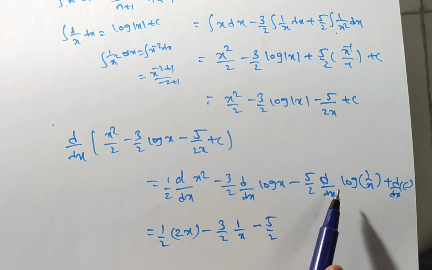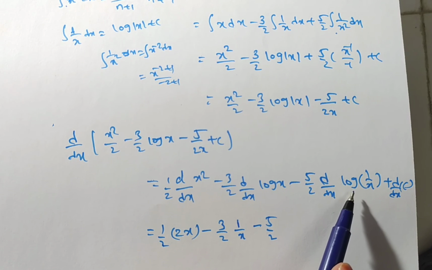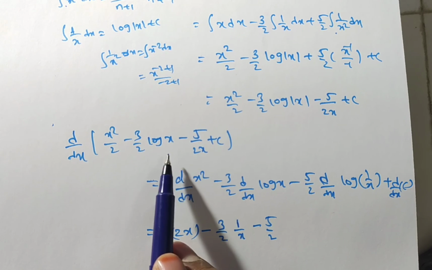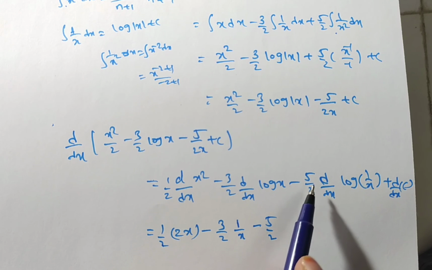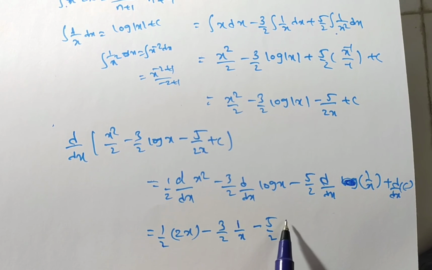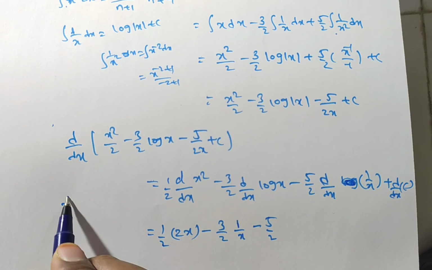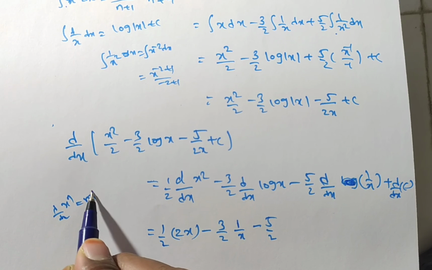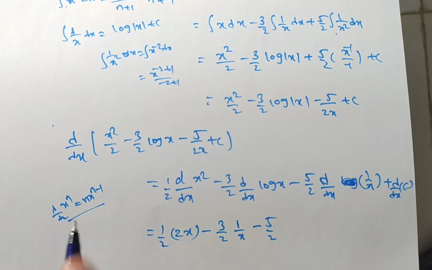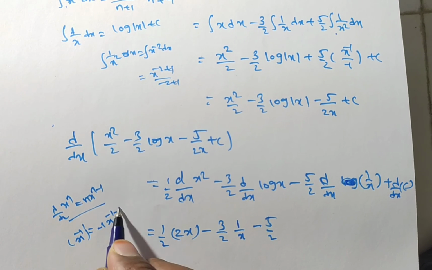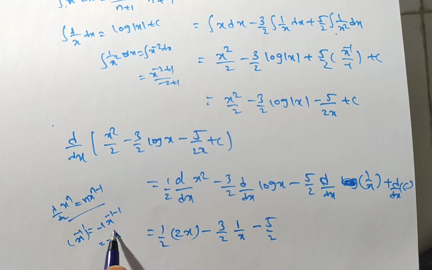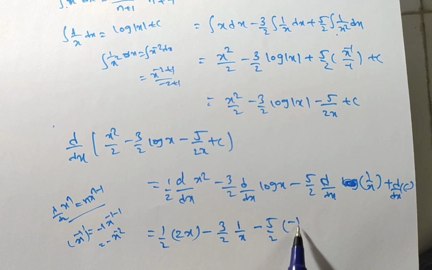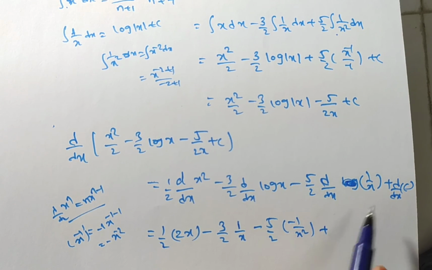Here, what is this actually? Actually this is only the derivative of 1 by x. For the derivative of x to the power of n, we have n into x power n minus 1. Yes or no? Now 1 by x I can write as x inverse. So x inverse derivative is minus 1 into x power minus 1 minus 1, nothing but minus of x power minus 2, nothing but minus 1 by x square. Plus the constant derivative. This is a constant c. Constant derivative is what? 0.